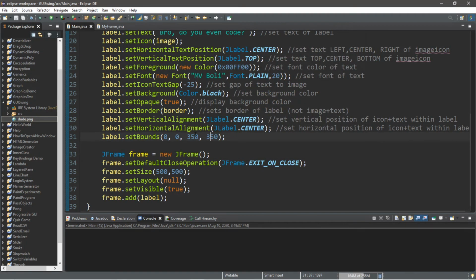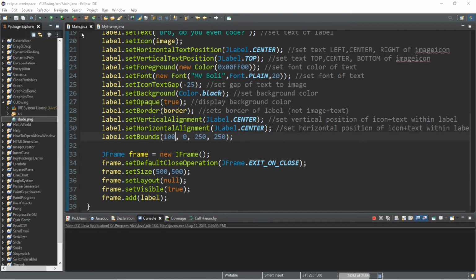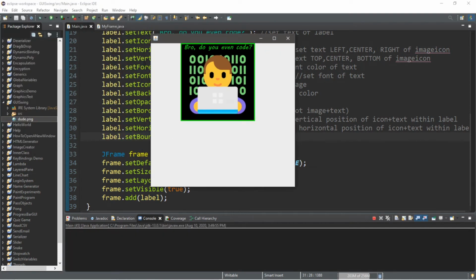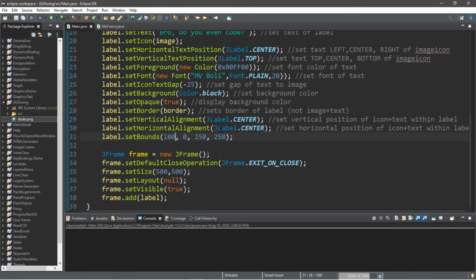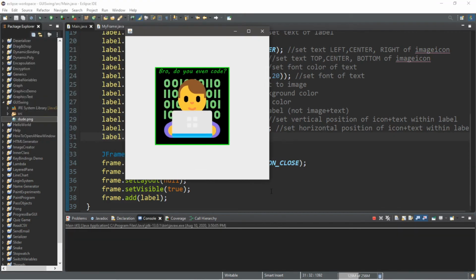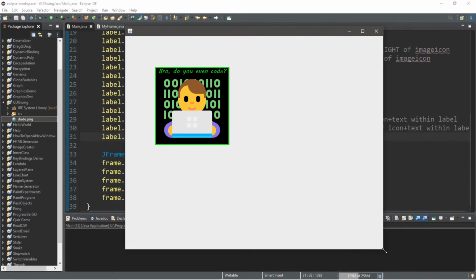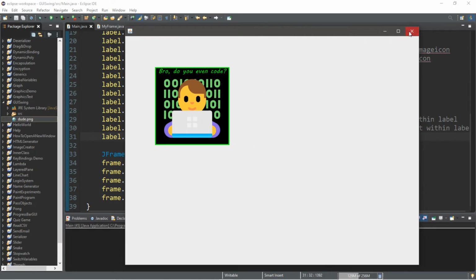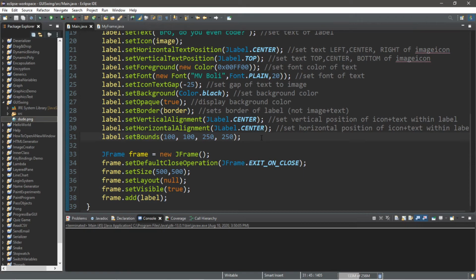So let's change the coordinates as well, but I will change this back to maybe 250 by 250. And then let's say X is now 100. So now the positioning for this label will move on the x-axis to the right by 100 pixels. And if I set Y to maybe 100, well then this is also going to be pushed down by 100 pixels. And then if we were to resize our frame, this is actually going to stay in the same place. So use what works for you, what you want for your program. So this will set X and Y position within the frame as well as dimensions.